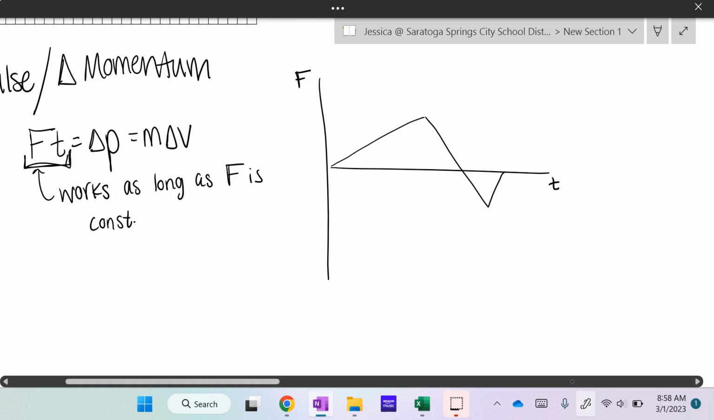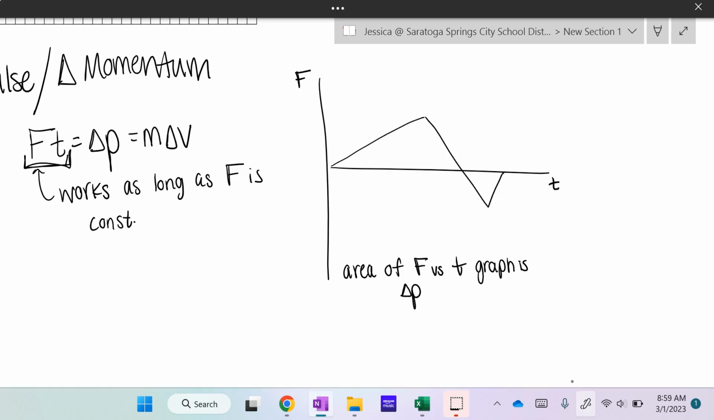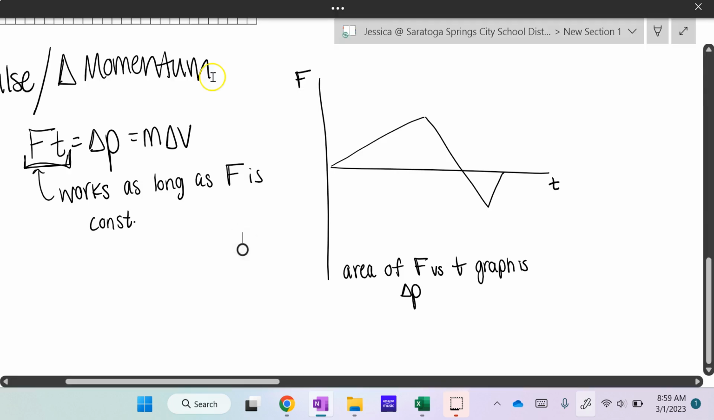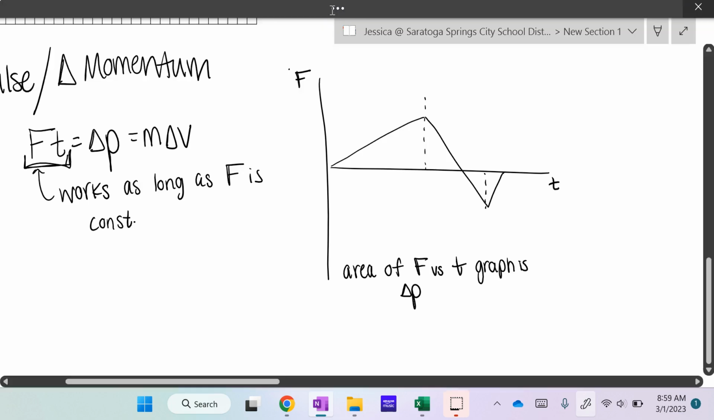So that's actually what's going to happen. We're going to say that the area of a force versus time graph is change in momentum or impulse. Okay. So if I wanted to find the change in momentum of this object, what I would do is split this up into a bunch of right triangles, and I would calculate